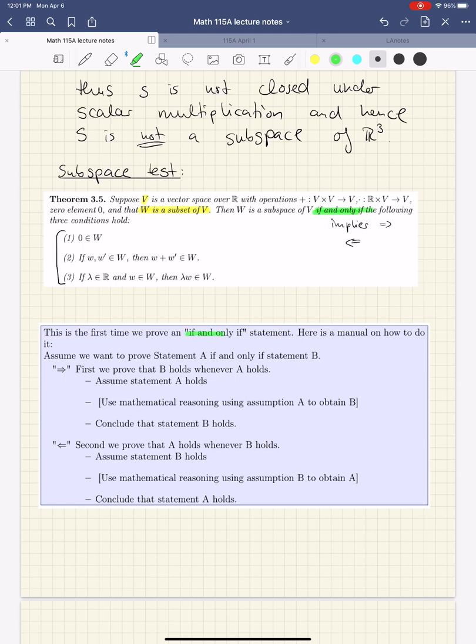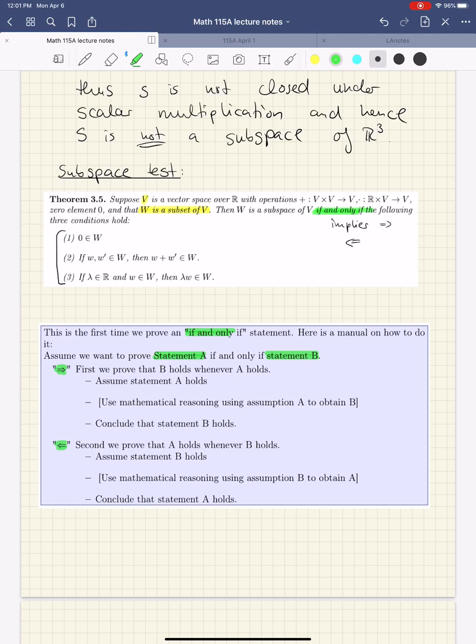So let's look at this. We want to show an if and only if statement. And so we have these 2 directions, yeah? And this is how I usually denote it. I will let you know which direction I prove. So we want to show that some statement A holds, and so statement A in our case would be W is a subspace, if and only if another statement B holds, and here in our case that would be these 3 conditions. So the way we go is, well, first direction,